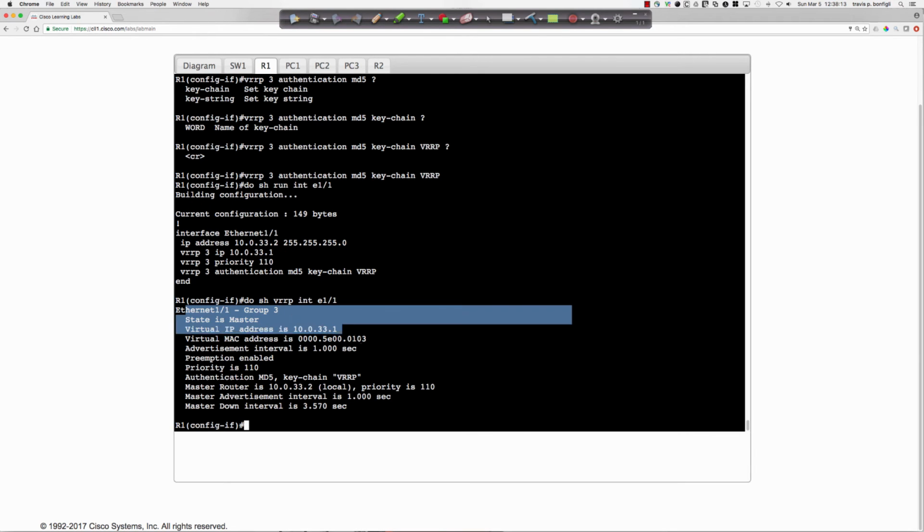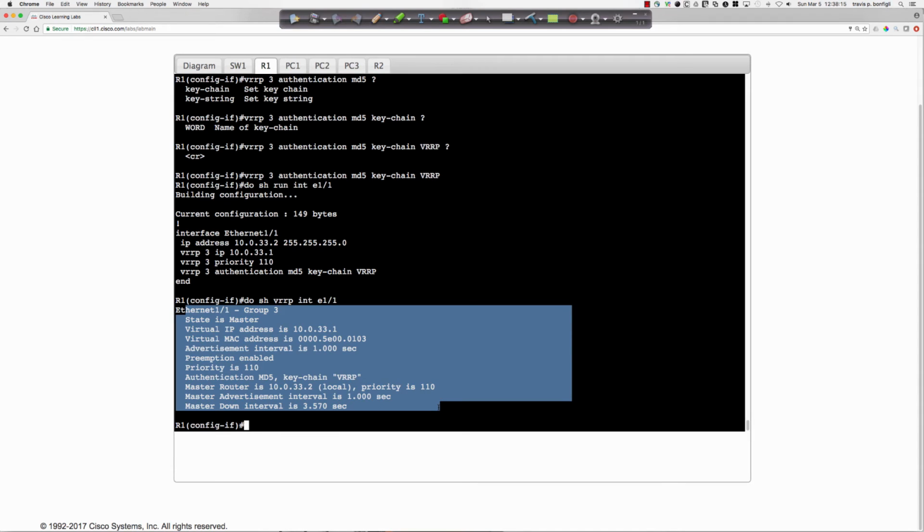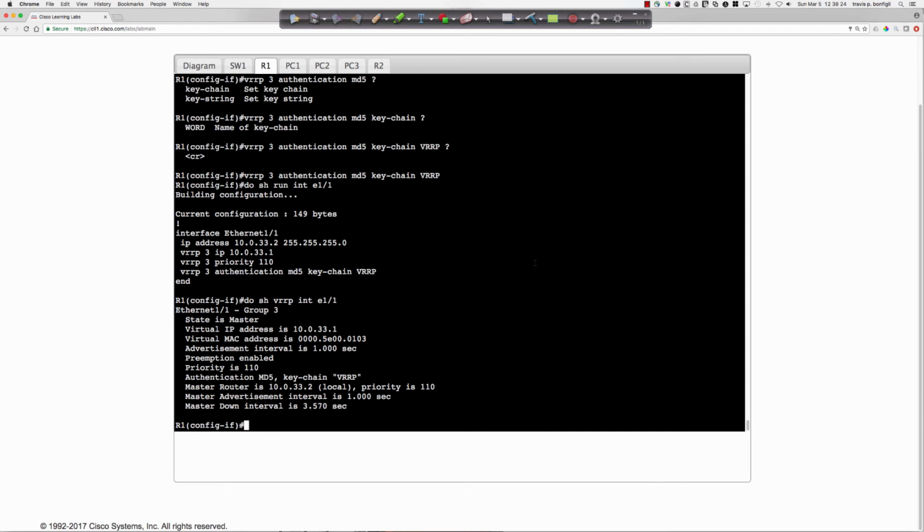All right, so yeah, it was basically a mismatch in the authentication type. We were doing plain text on one side, MD5 on the other side, and we basically just implemented a keychain as the solution. You could do the key string as well, that would have worked, but I went ahead and did the keychain because we saw this in the in-class lab activity. All right, so that should take care of our